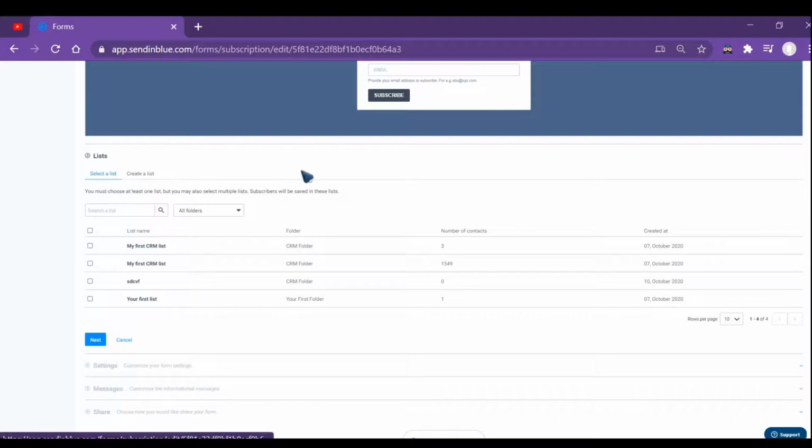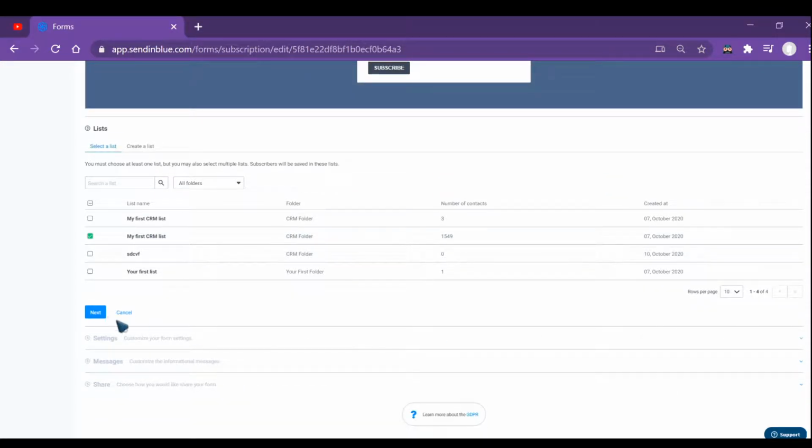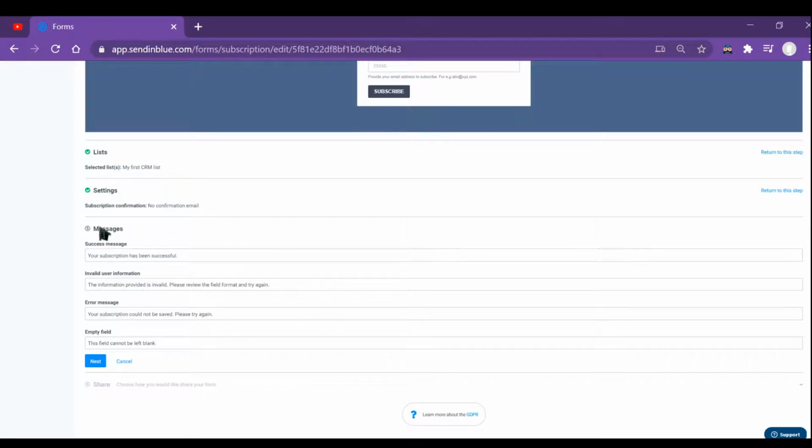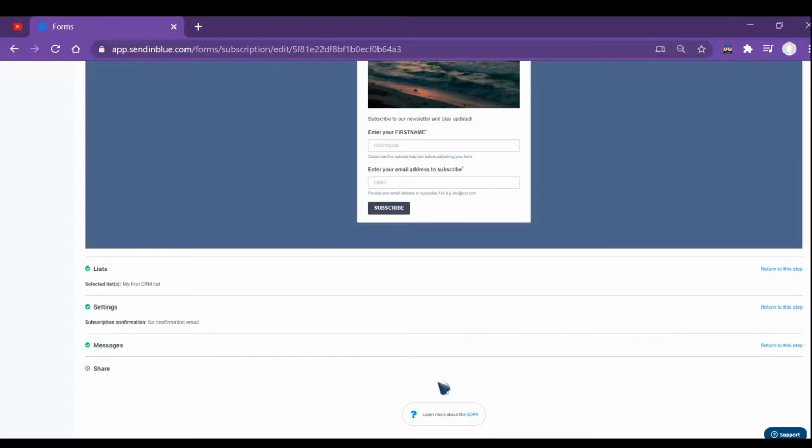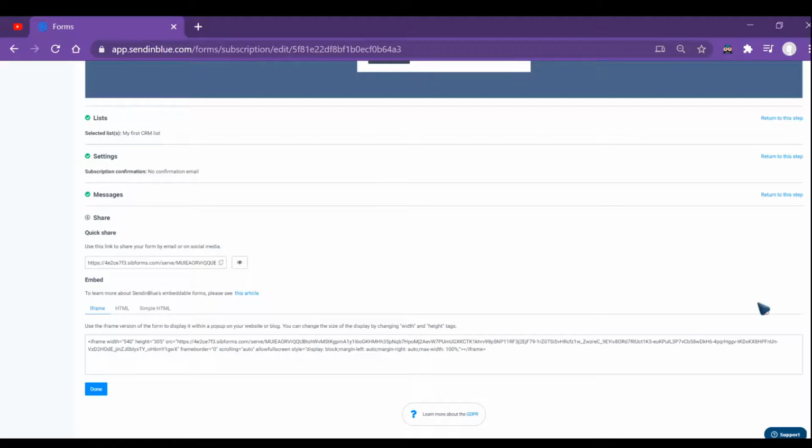So you have to select a list where you want to set this email form for. I just selected my CRM list here and clicked on the next button. As you click on the button, you will have the third option, which is the message: your subscription has been successful. All these messages you can edit as you want. You click on the next button, and you are ready to share